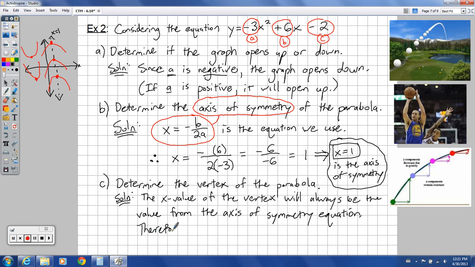So let's say therefore, to find the y value of the vertex,